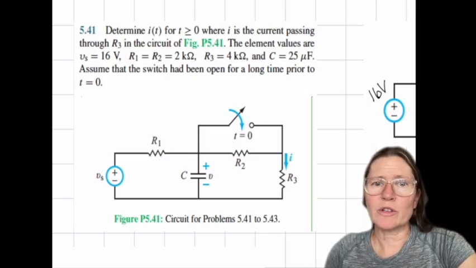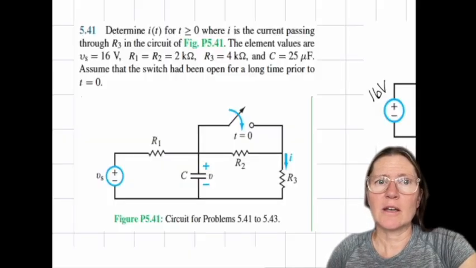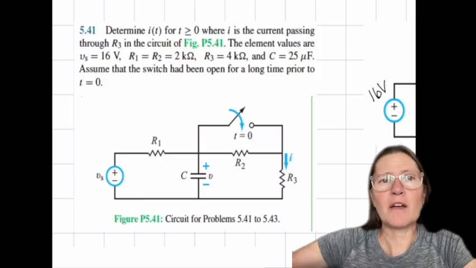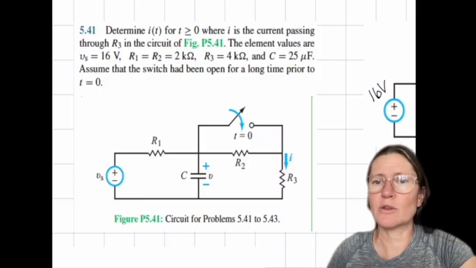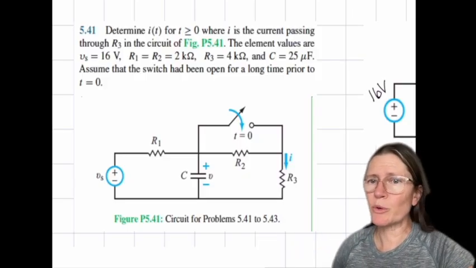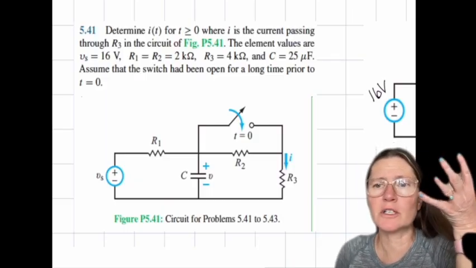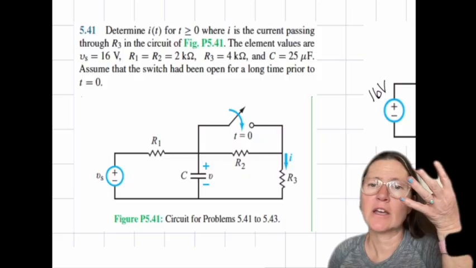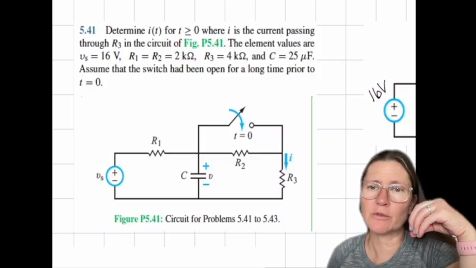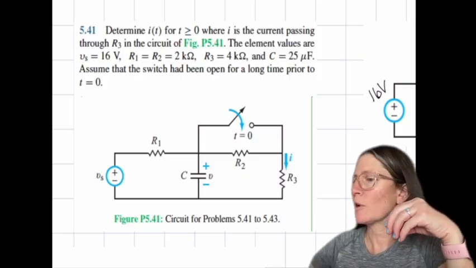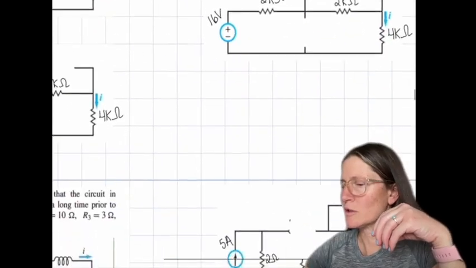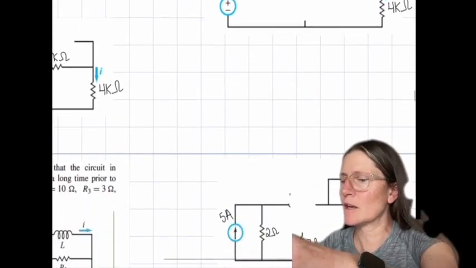So this is the solution for an RC circuit with a switch in it. And this is problem 5.41 from the ULB book. So remember, you're going to do 4 different circuits to find the values that you need for that general form equation. So again, the general form equation is going to be x of t